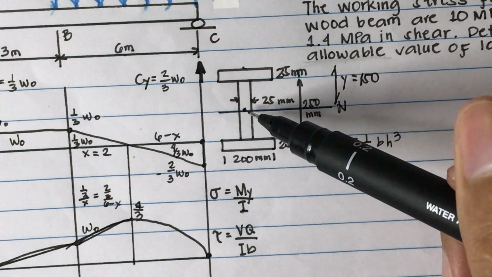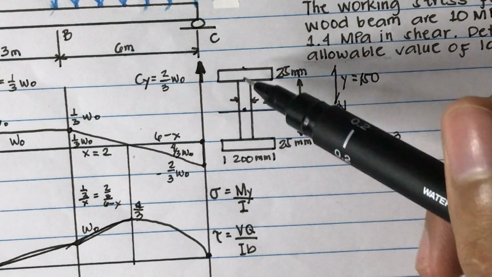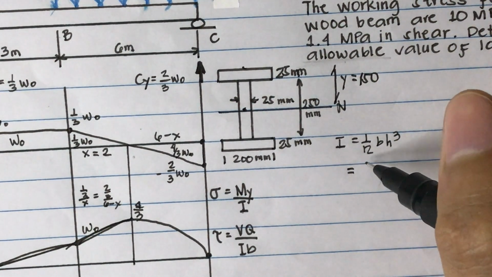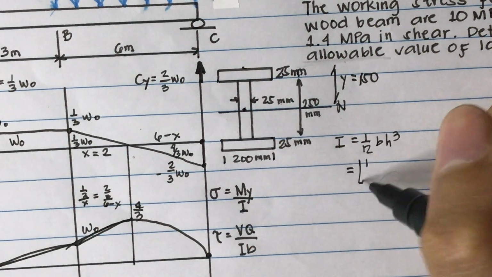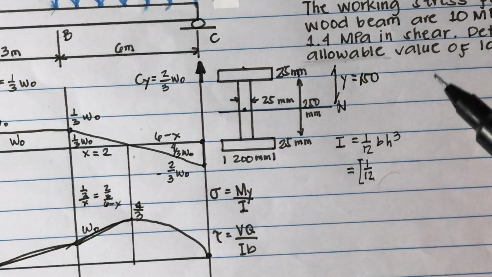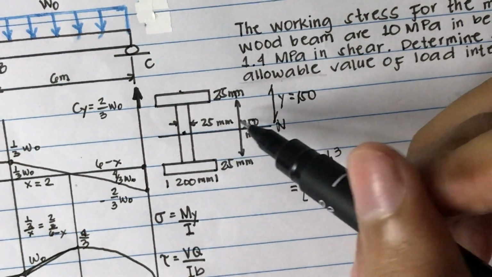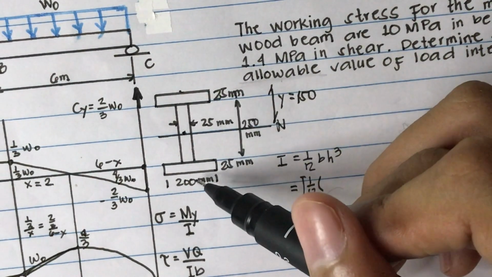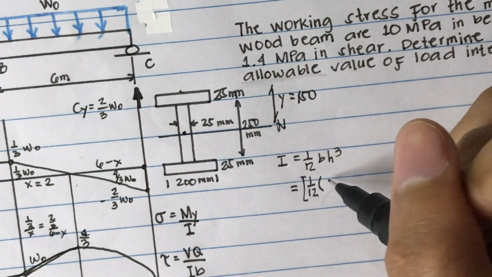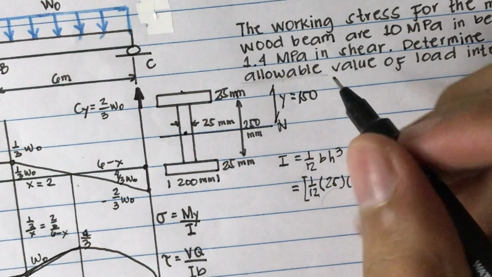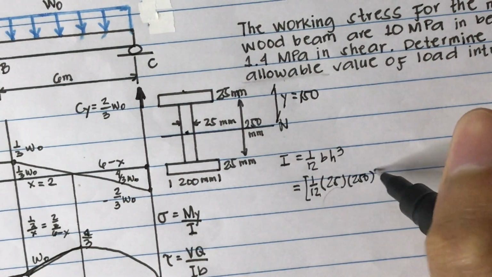So let's denote this as element 1, 2, and 3. So we'll solve first for the element 1: 1/12 times base, 25 yung base, times height nga 250 cube,